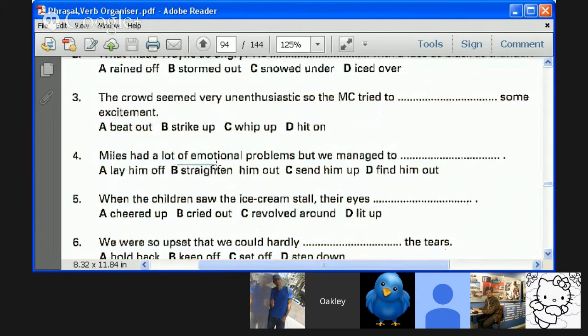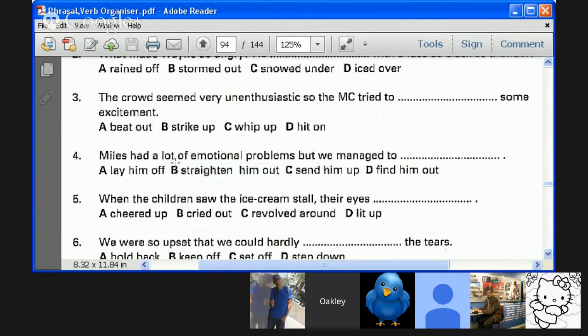Straighten somebody out can mean that you help them with emotional problems. Could be. He needs to straighten out. Or it can mean that they are misinformed. Some information that they have is wrong, but you know the information, so you need to straighten them out. When you correct somebody's belief, you straighten them out. When they have wrong information, maybe for whatever reason, what they believe is wrong.